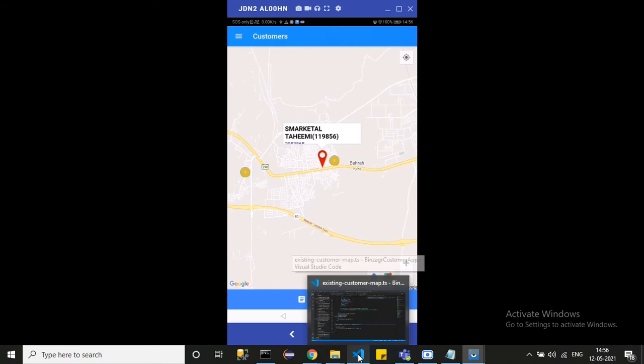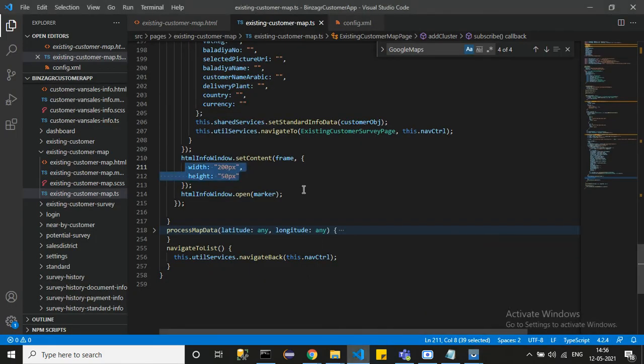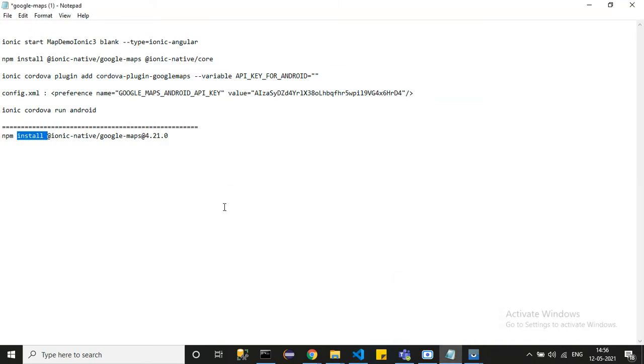So this is how you can create your Google Map. I will tell you the steps. First, you have to start your blank project, then install the Google Map plugin, and second, you have to add the Cordova plugin Google Map, and here you have to add the API key while installing the plugin.